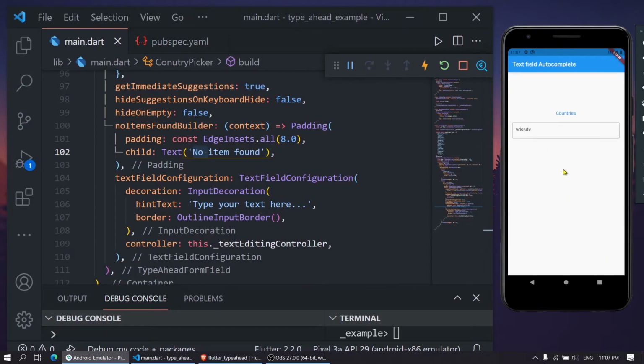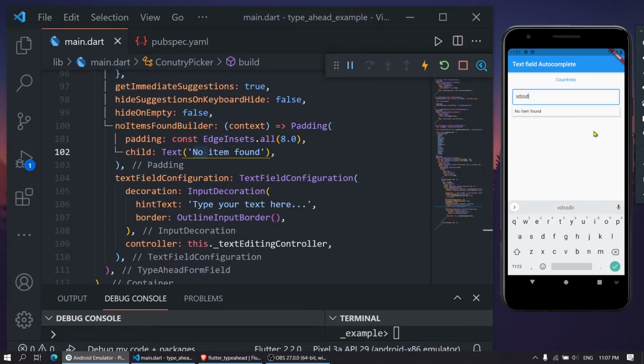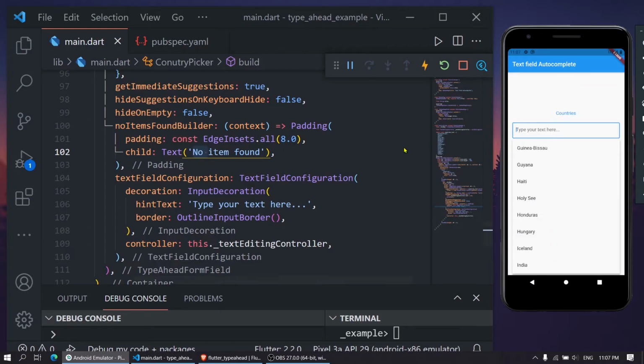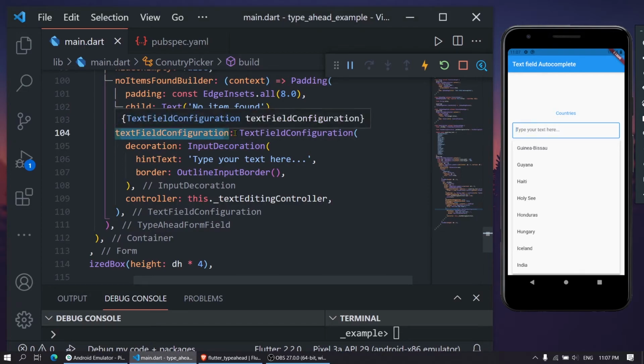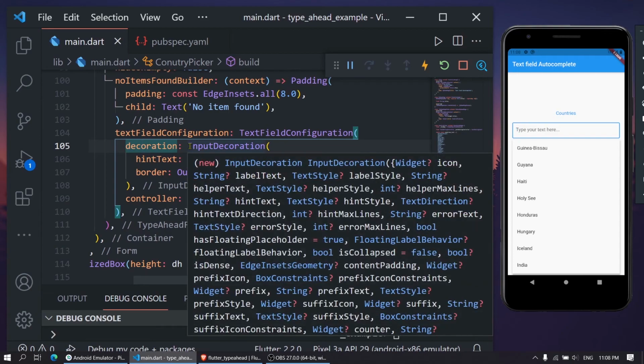Cool. So what about the other modifications we usually do in our text field? It's all valid in this also. As you can see, we have written a hint text of type your text here. So where should I write it? For that purpose, we have textFieldConfiguration, which takes a text field configuration argument, and for that we have a decoration property, which is usually our InputDecoration.